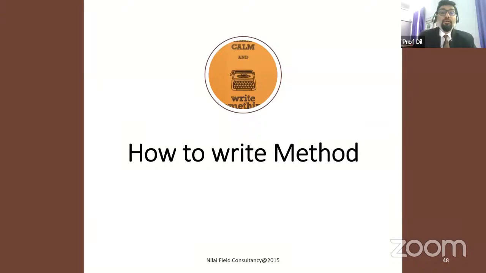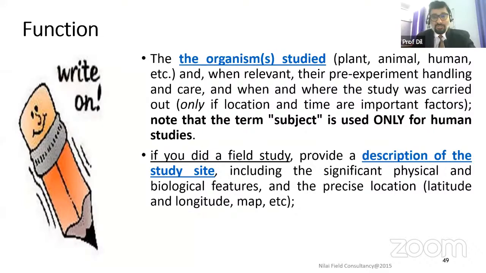This portion is one of the portions with which major rejections are happening. Here you have to explain the major function of this section, which is to talk about what method you are following and why that method is relevant. You are following quali, why quali? You are following quanti, why quanti? You are following quantitative cross-sectional, why is it not quantitative longitudinal? Explain why that is useful. So it's not just writing one line and saying I used a descriptive method.